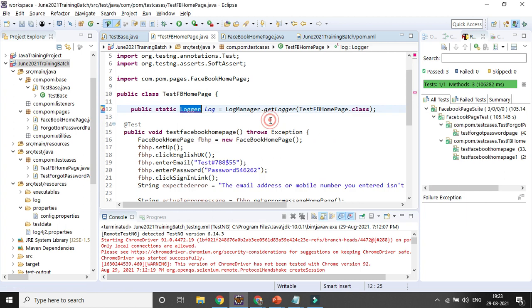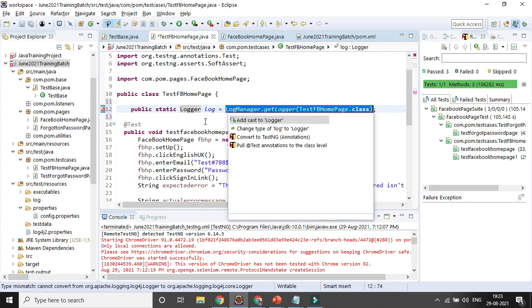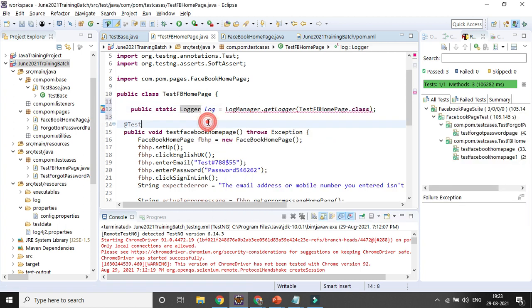From the code one I need to import it first, and then the test AB homepage, LogManager dot getLogger.